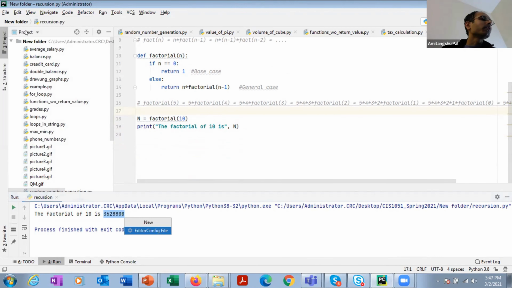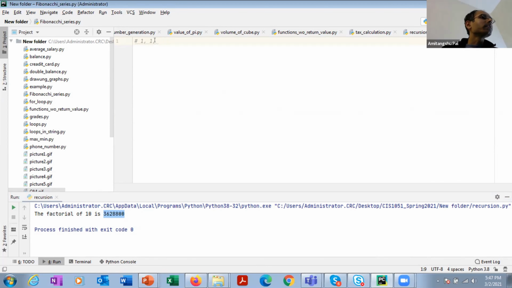In a Fibonacci series, the sequence of numbers is the following: 1, 1, and then the rest. The first two numbers in a Fibonacci series are 1 and 1. All the other numbers are the summation of the previous two numbers.